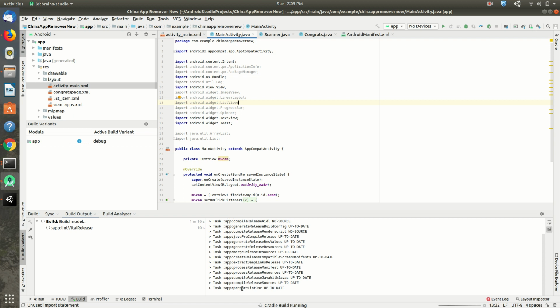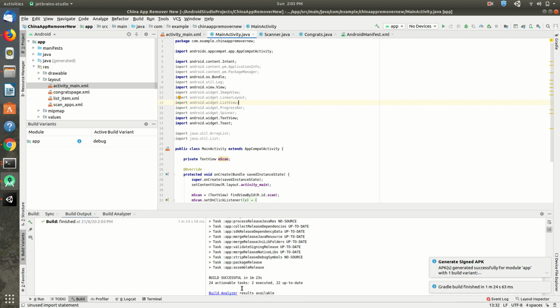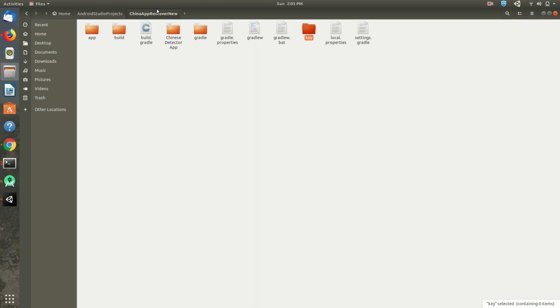Now you will see that your APK has been generated. You can find where it has been located by clicking here, or you can open this folder and go to your app folder where your entire Android project is saved. In that, you can see that we have created a folder. There is a file, app remover.jks, and if you want to check the APK file, just go here in app and in this release folder. You will see that the app release APK has been generated.